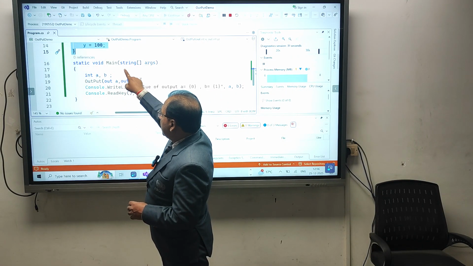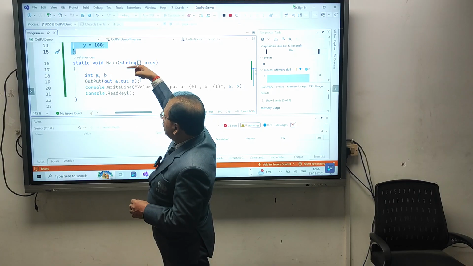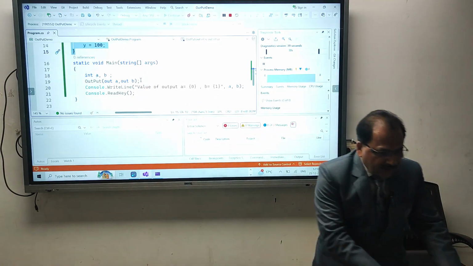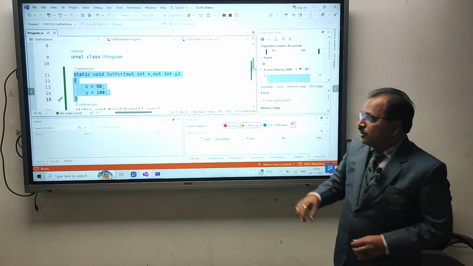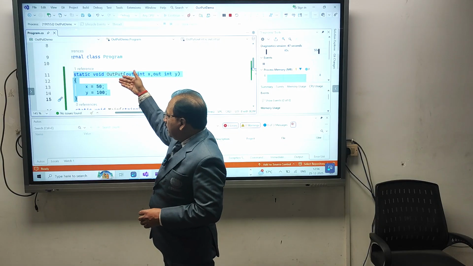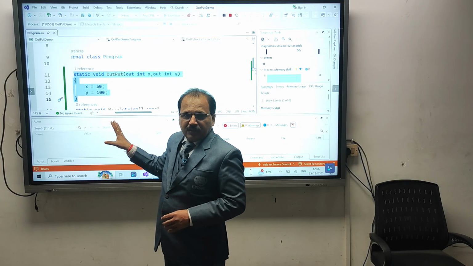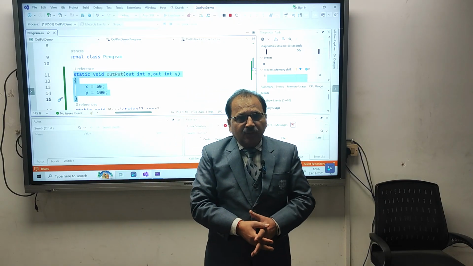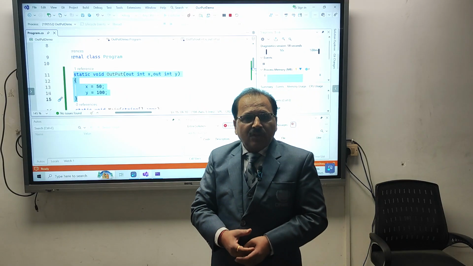That means the main is creating reference variables a and b, and they are being referred to in the output function as x and y. Whatever changes you do in the called function will automatically be reflected back into the calling function. This is the best and unique thing of Microsoft Visual C Sharp .NET, which we have already discussed.